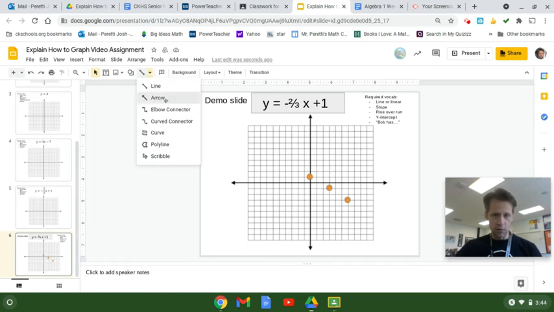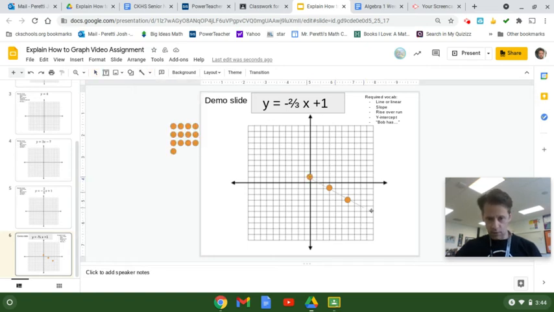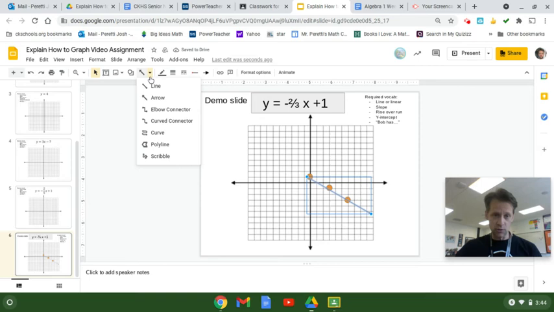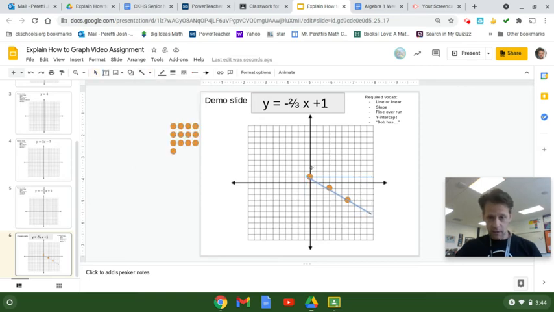I'm going to use the arrow one. And I'm going to go this way. And of course, it also goes the other way. So I'm going to keep it going both ways. And that's a good thing. You should make it go both ways as well. So this is going to go,